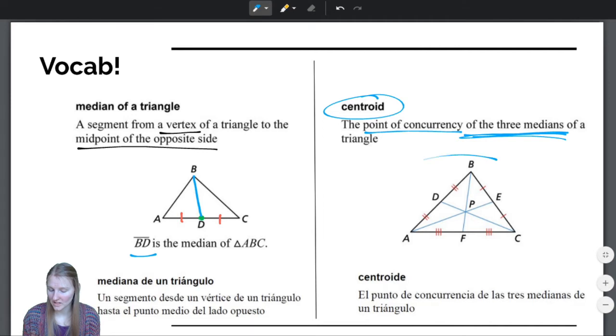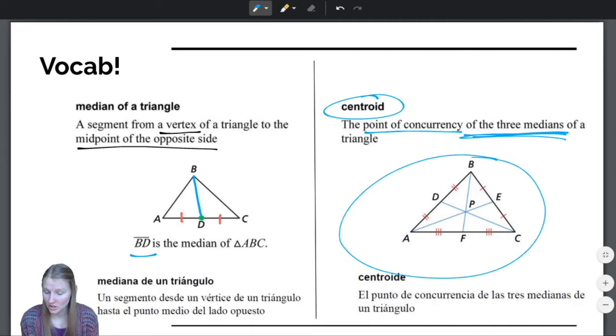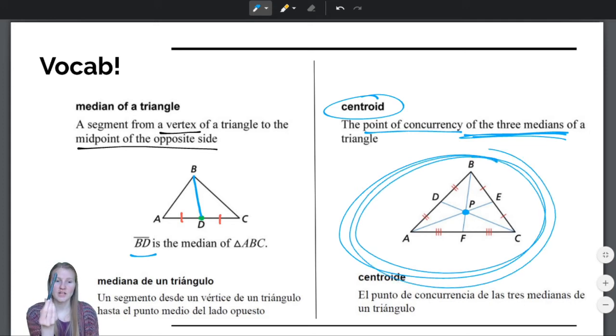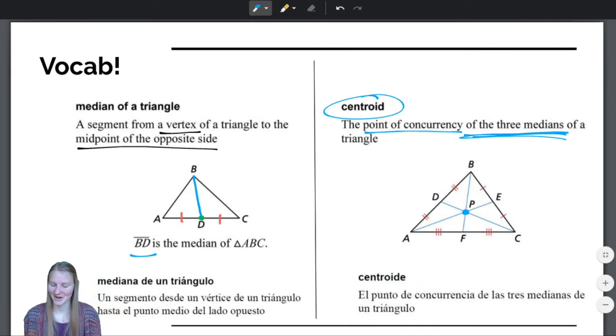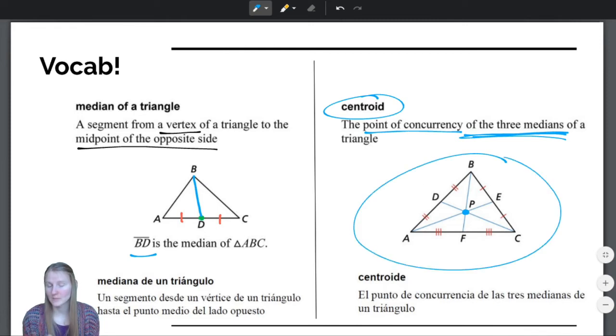So if you want to know what the center of mass of this triangle is, you just need to construct all of the medians, and wherever they cross, that is the center of mass. So if I took this triangle and I put it on the tip of a pencil, right at this point, it would balance on the tip of that pencil. So it's a fun party trick for your friends. Okay, so a median is from the midpoint to the opposite vertex, and when we make all of the medians, we